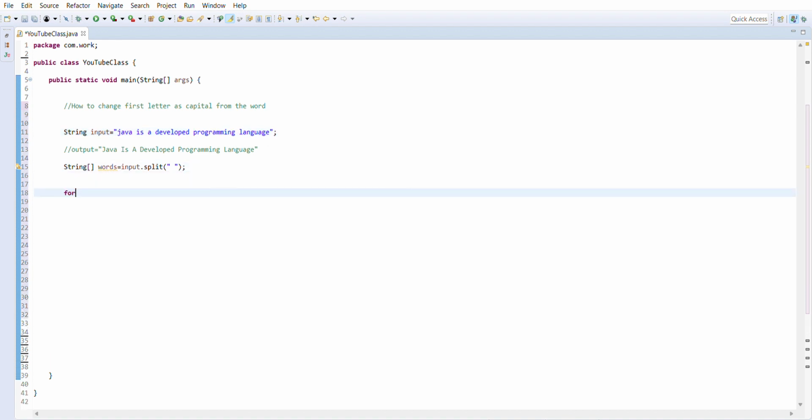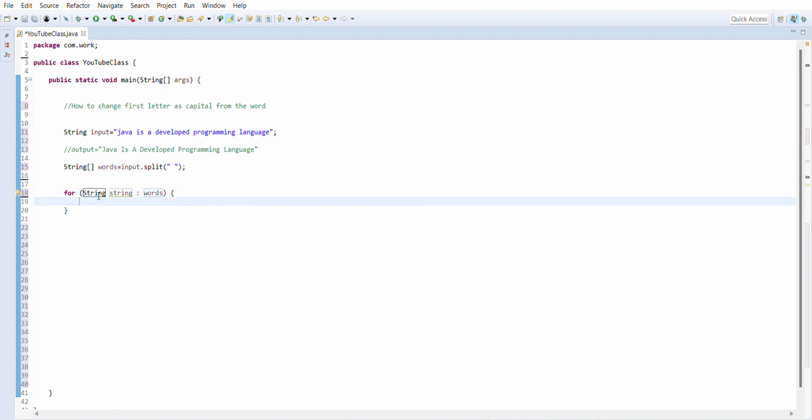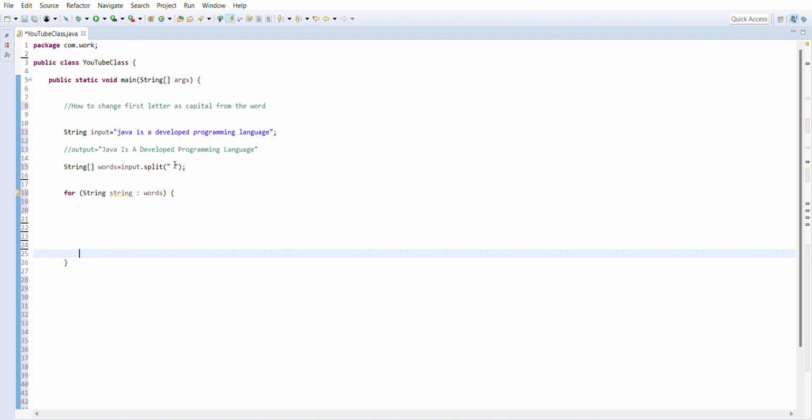Then I'm going for iteration. Here I'm using the for each loop. Why? Because once I split it based on the space, I'm converting that again to a string. Why? Because only in the string do we have the option of taking the characters separately. So we are going to take the string, this string dot charAt of,